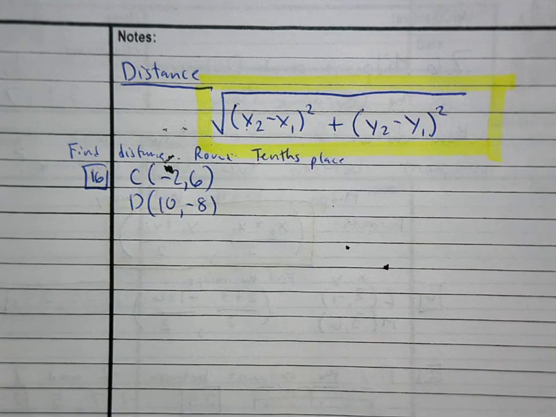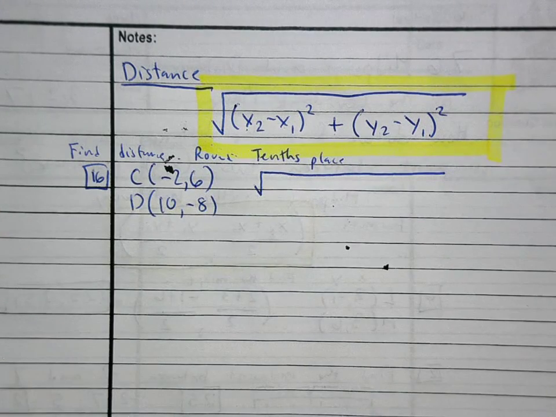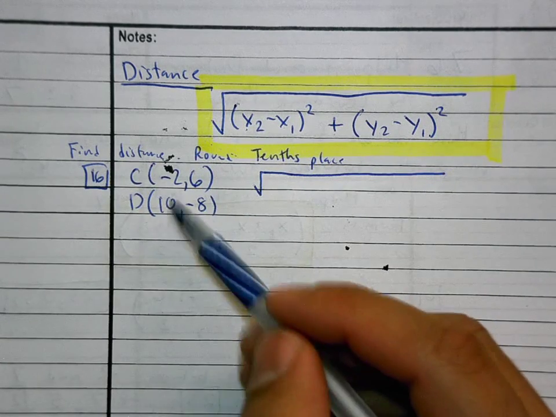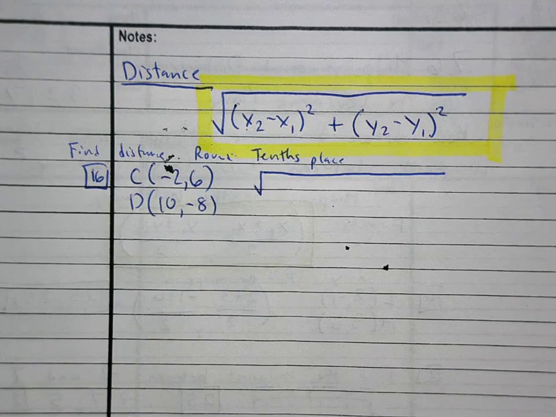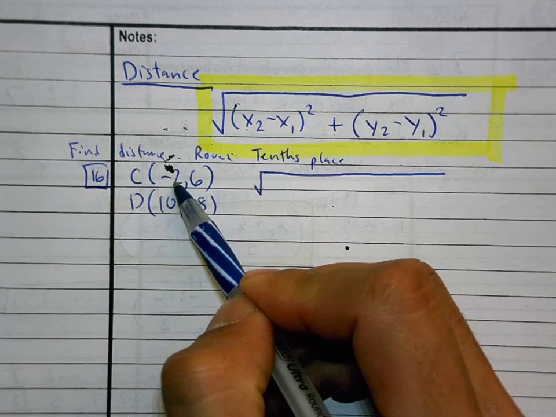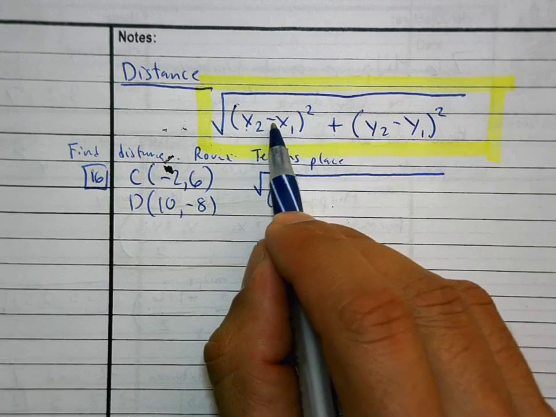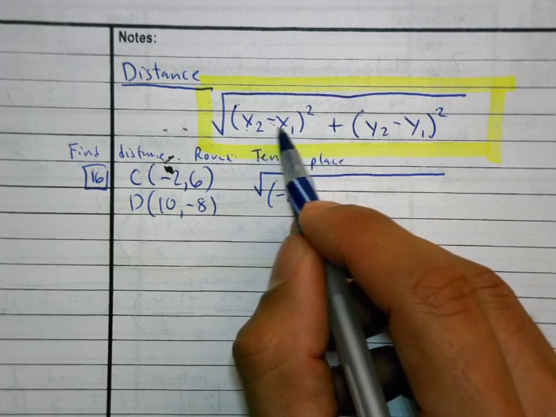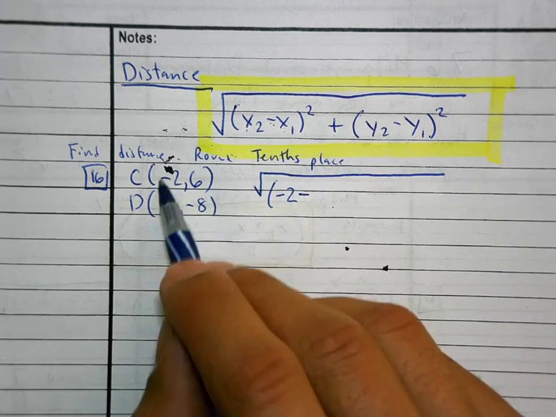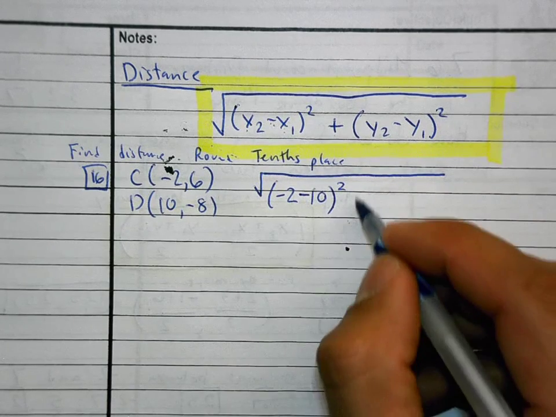Here's what I mean. When I go into this formula, I decide which x I am going to start with. Do you want to start with the negative 2 or the 10? It doesn't matter. You just make a decision. Let's start with the negative 2. Negative 2, then I have to subtract the x1. Once I do this, negative 2 minus the 10 squared plus